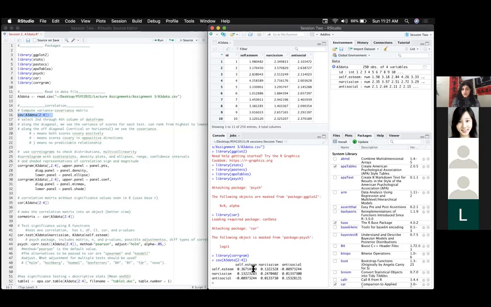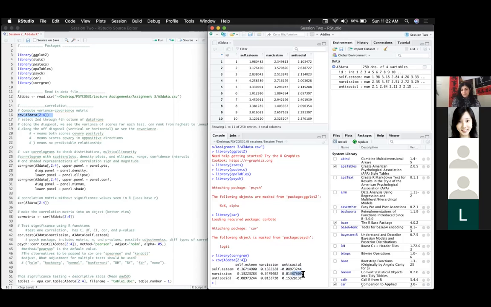These are the variance scores for each test or each variable within itself. So how much variance exists in self-esteem, how much variance exists within narcissism, and how much variance exists within antisocialism. And then off the diagonal, such as these or these, and this one,